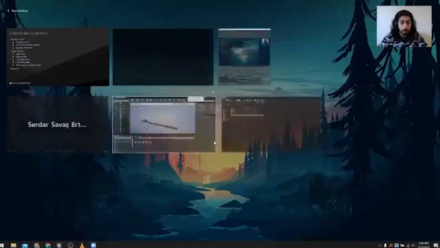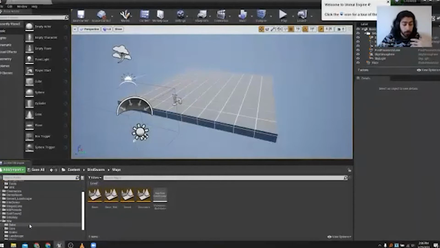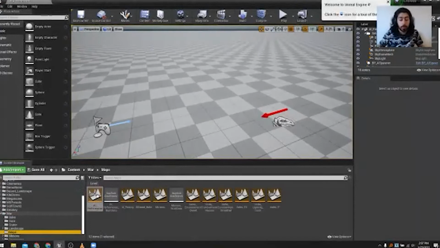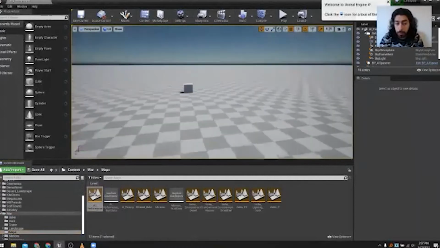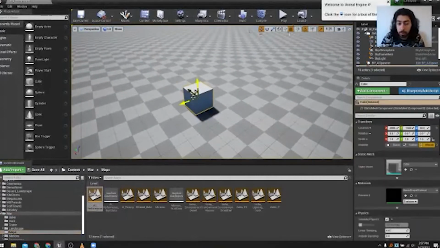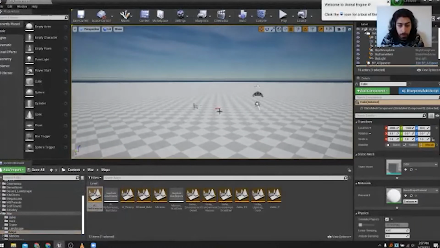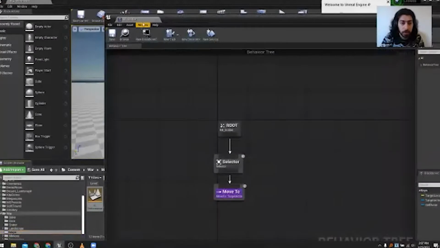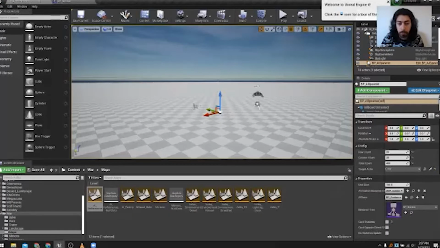Okay, so I first want to show you the problem we usually face when using games. Let's go over the traditional technique of having a lot of AIs on screen. Usually we use traditional skeletal meshes, and let's see how quickly we can hit the limit. For this experiment, I just have a simple box that is simulating physics, and a blueprint that is just spawning AIs. The behavior of those AIs is very basic. It just asks them to go and follow this box. It's a simple move to the actor.